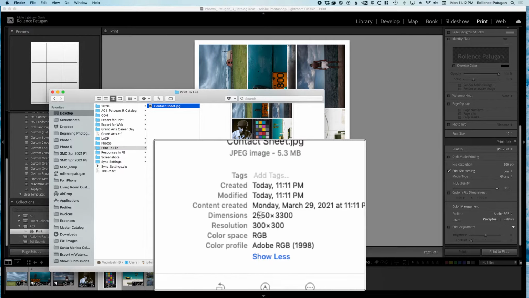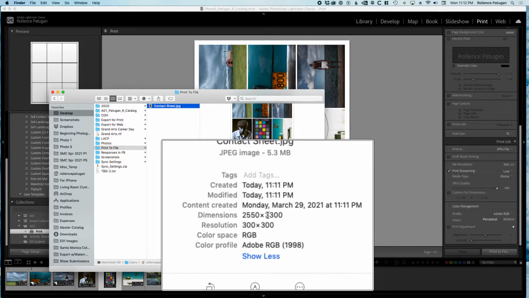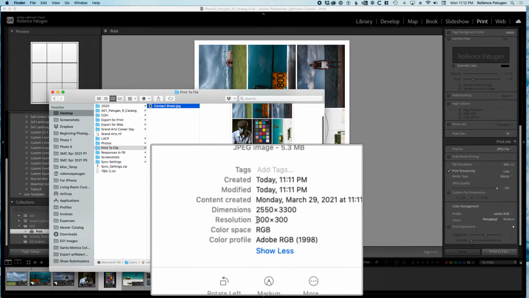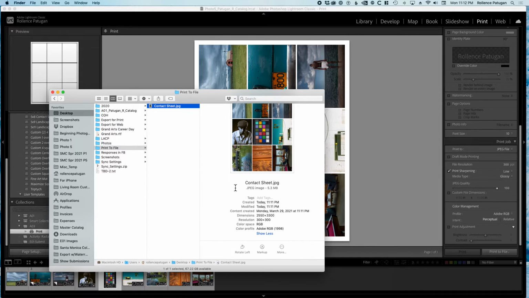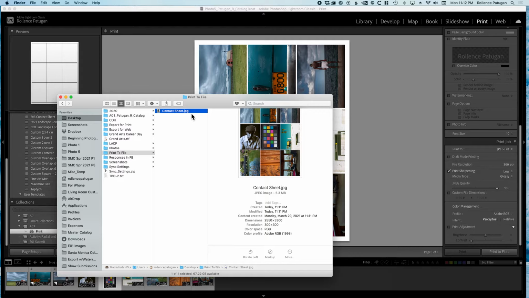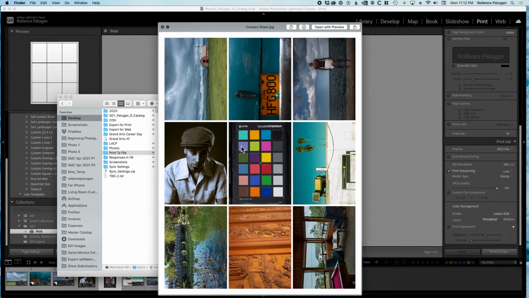This is 8.5 by 11 US letter, and the resolution is 300 pixels per inch with the Adobe RGB profile. I can now use this JPEG and send it to print labs,